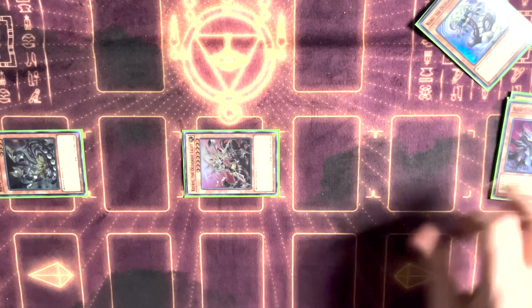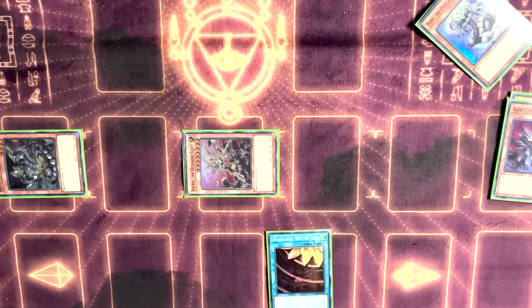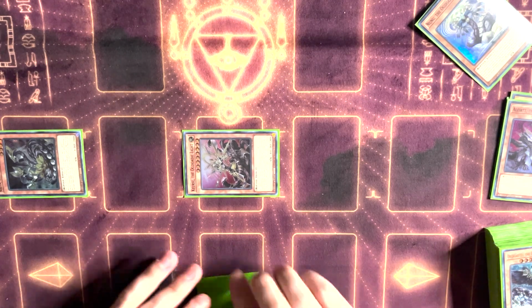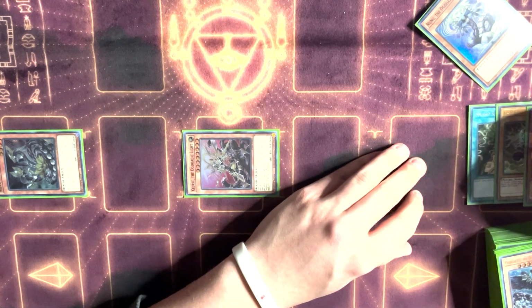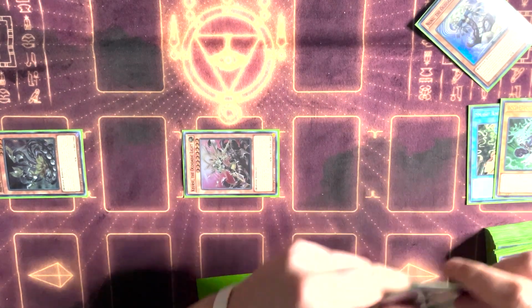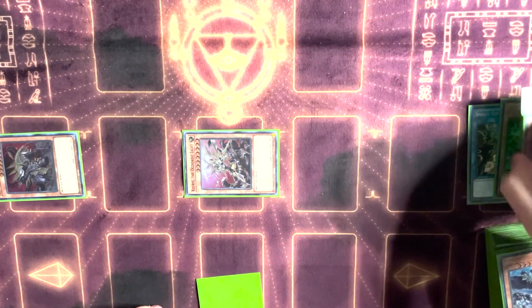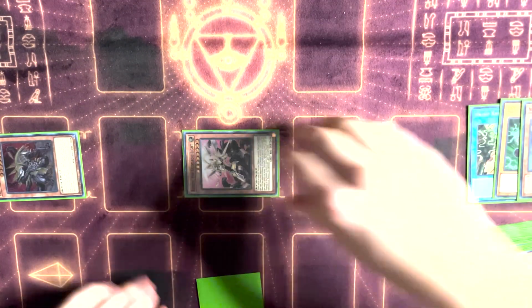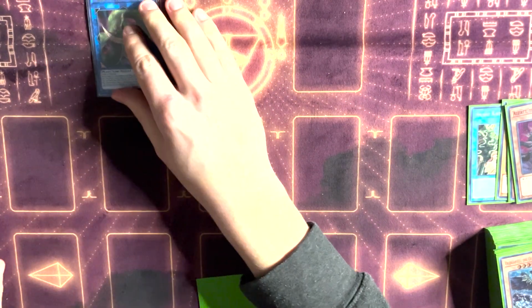Where's that Water Lily? Where did I put it? All right, then from here, let's see, what do I want to do with this? Yeah. All right, so we're going to go Alert, tributing Nalia to bring itself back, and then put these two back in graveyard. That's actually extremely important, because then from here, we can make our Verte, and that gives us